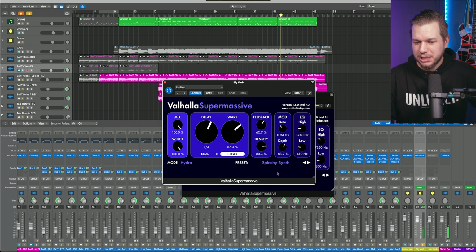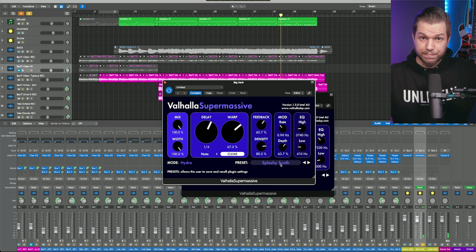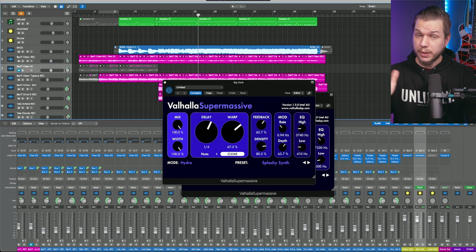I'm using a preset called Splashy Synth, and the cool thing about this, it just takes everything that's being fed into it and lays it out as a synth background. And in a mix, I think it sounds just freaking epic. By the way, this song is from KMA Audio Machines' Serious demo where I sang about the pedal. Why? I'm not sure. If you want to check it out, links in the cards.